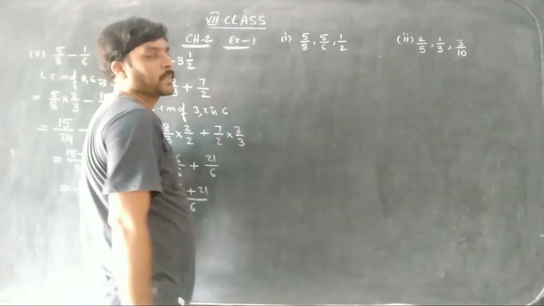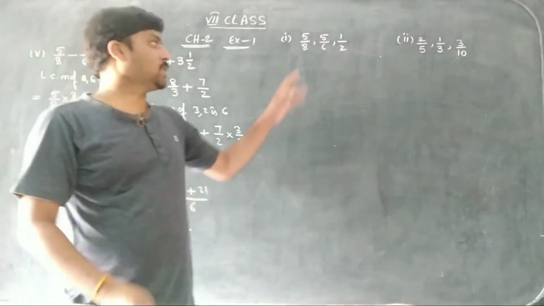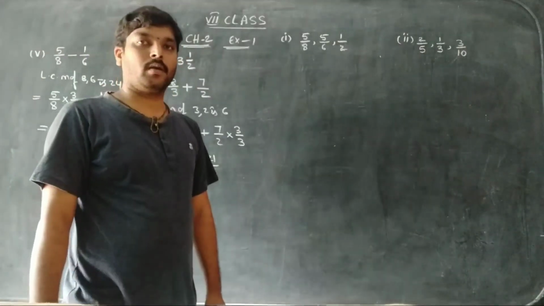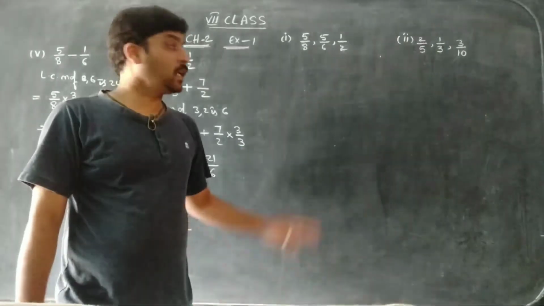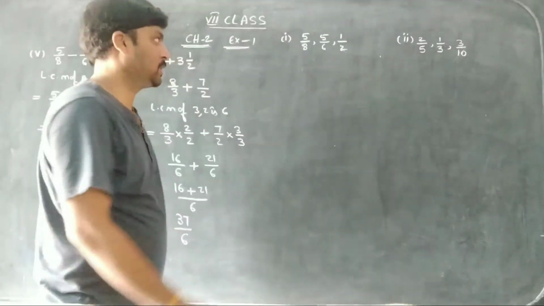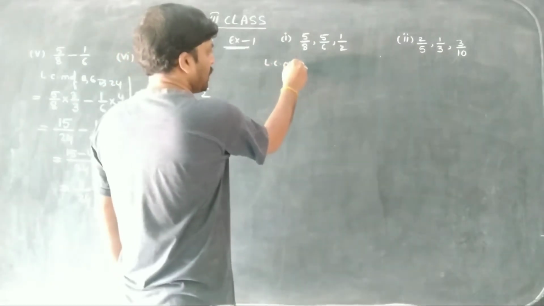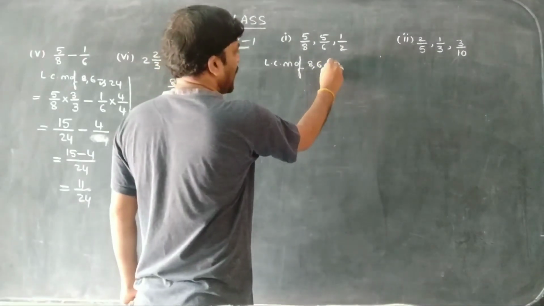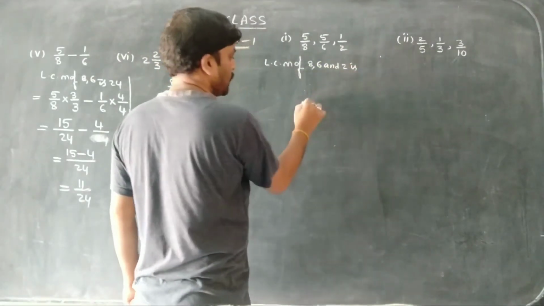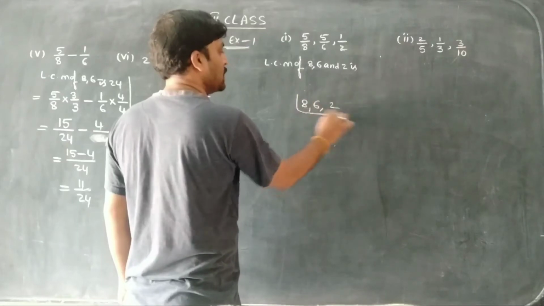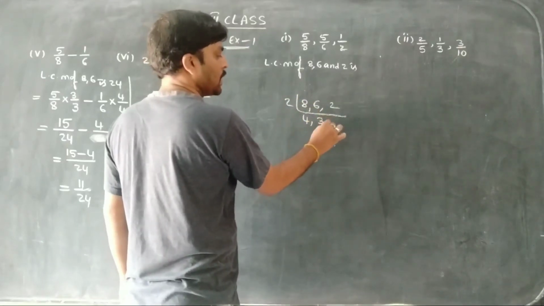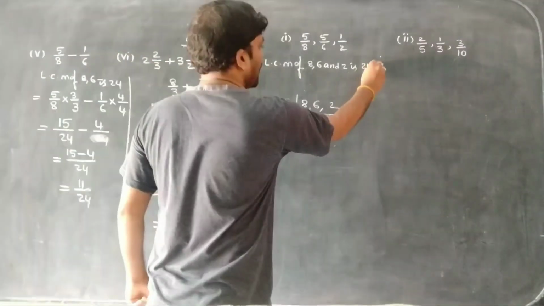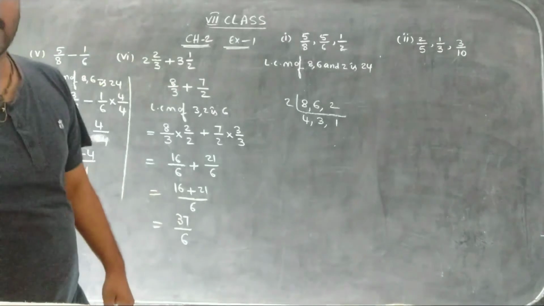Okay. Now, here three fractions are given. Write in ascending order or descending order. First make them equal denominators, meaning like fractions. Anyway, LCM of 8, 6 and 2. So 8, 6, 2. Take LCM. 2 4s are, 2 3s are, 2 1s are. 3 4s are 12. 12 2s are 24 is the LCM. LCM is 24.